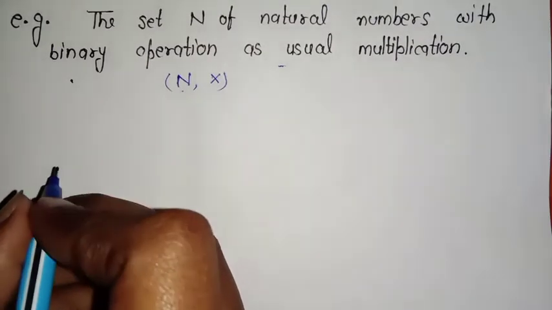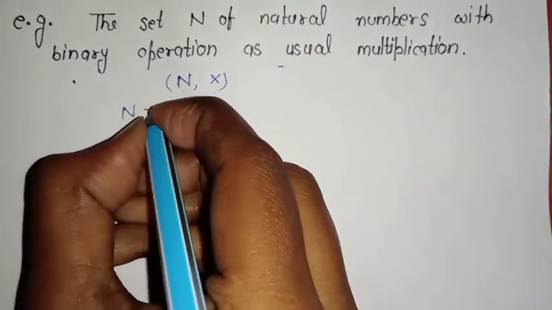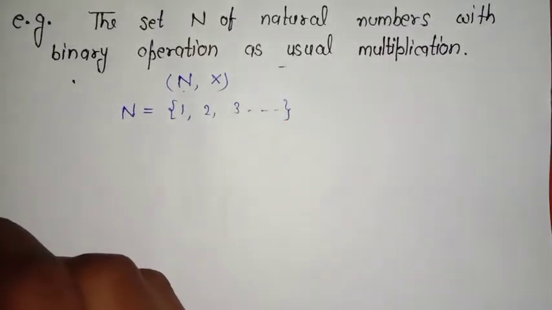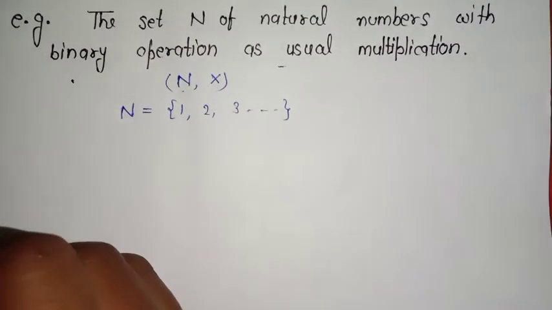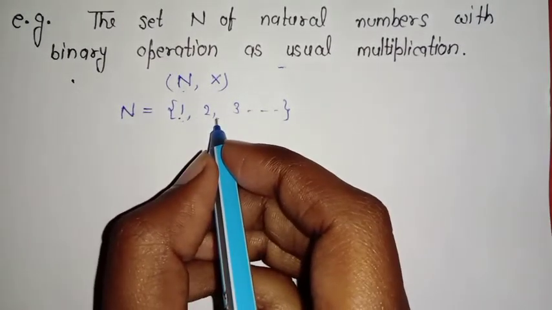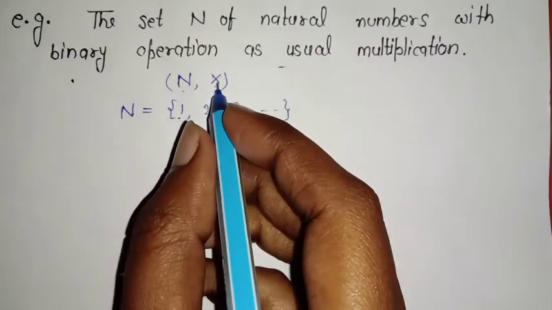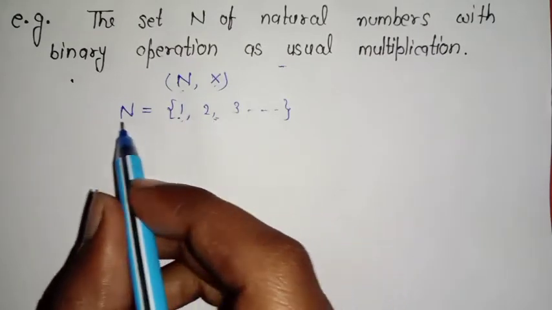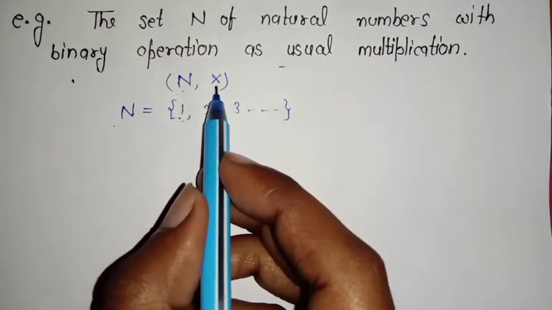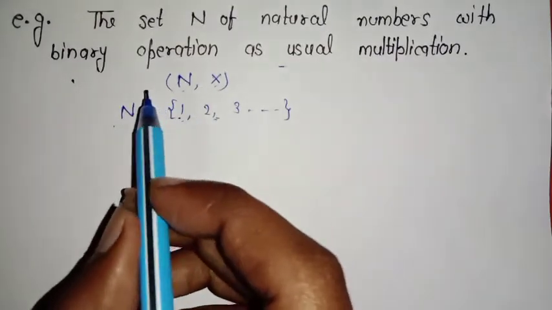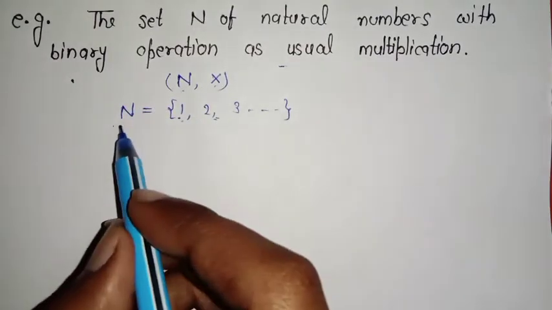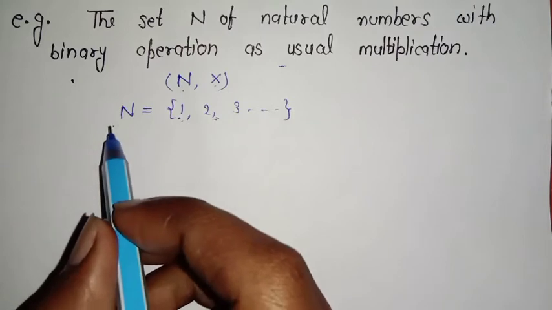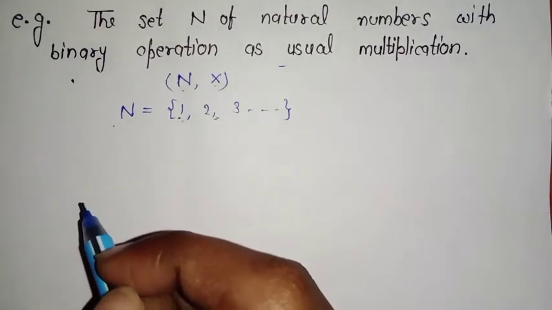So the first property was closure property. We know that the set of natural numbers contains 1, 2, 3 up to infinity, so there are an infinite number of elements in that set. In order to show the closure property, firstly we have to take two elements of this set and show that their product belongs to the set. Since we are taking multiplication as the binary operation, we choose any two elements of this set and apply multiplication over them. If after multiplication the element we get belongs to the set again, then we can say that the set is closed with respect to multiplication, or that the closure property holds here.